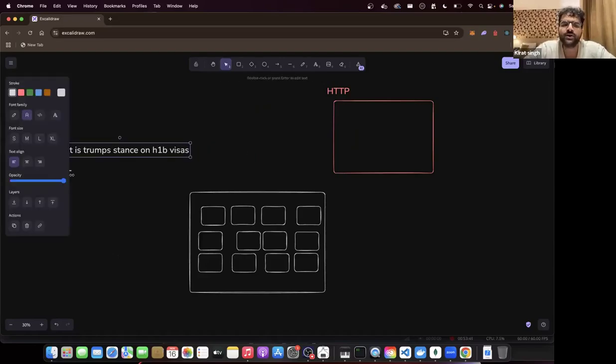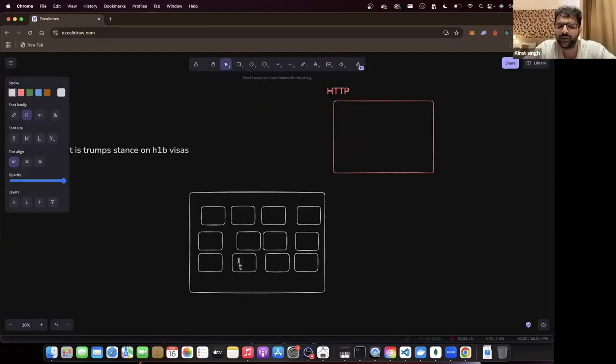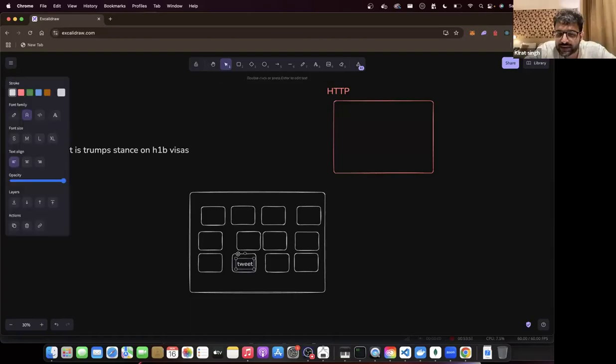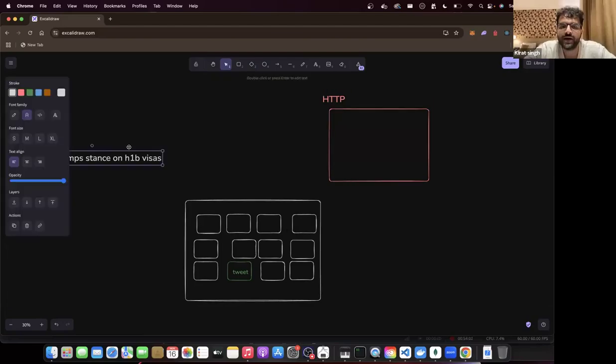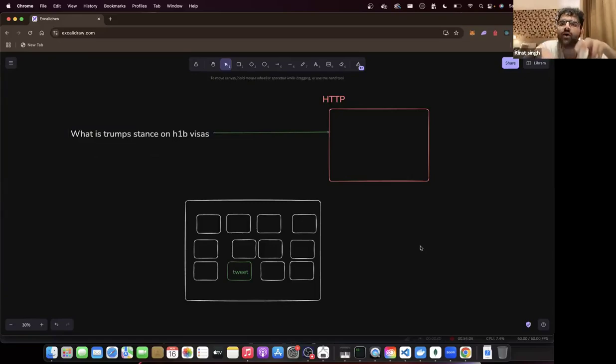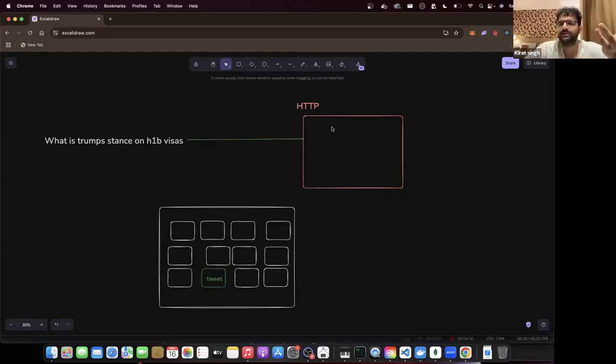Let's say a few weeks ago you saw a tweet where Trump was talking about H-1B and you put that tweet over here. Now, amongst the thousands of entries you have over here, one of those tweets is this. This is that tweet जहां पे ट्रंप ने H-1B की बात करी. Now, when you finally go to this website, there will be a way to query your knowledge. When you query your knowledge with what is Trump's stance on H-1B visas, अब HTTP server को तो कुछ नहीं पता. It doesn't know.